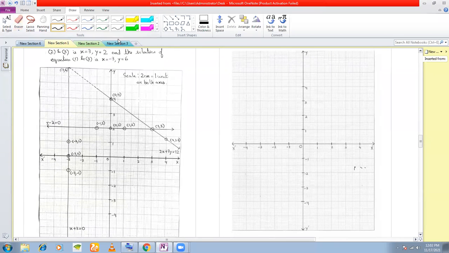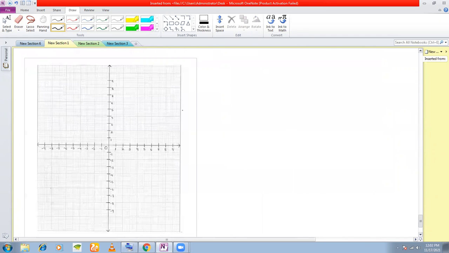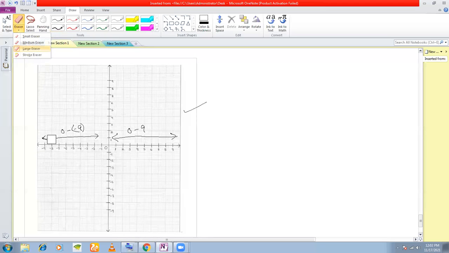Because you have a 5-year and you can have a 6-year. You can use this scale also. In fact, you can use the smaller scale also. You can use this scale also. Because the x-axis runs, in the positive direction, from 0 to 9. Here also it runs from 0 to -9, right? And similarly, the y-axis also runs from 0 to 9 and 0 to -9, right? So any of the two you can use.